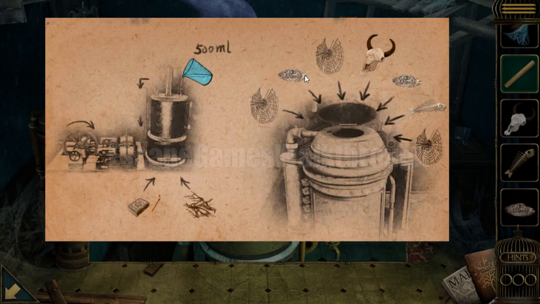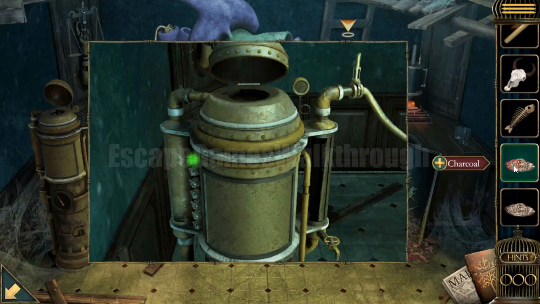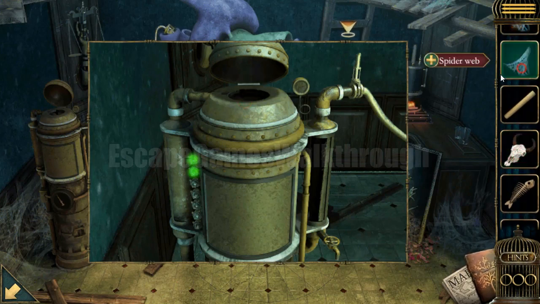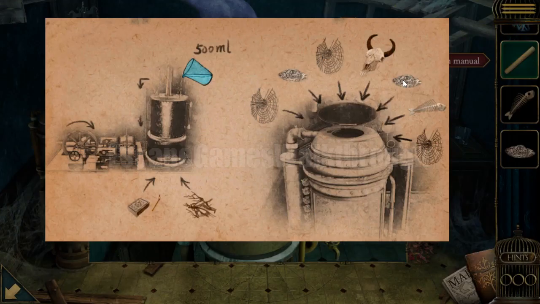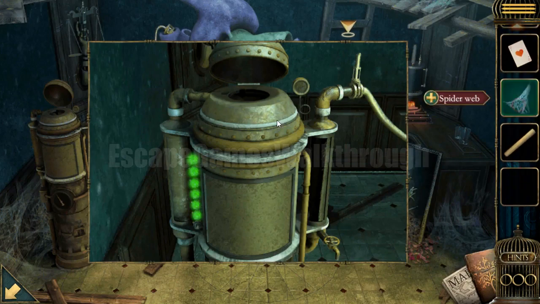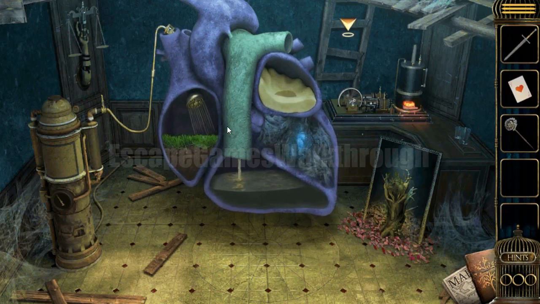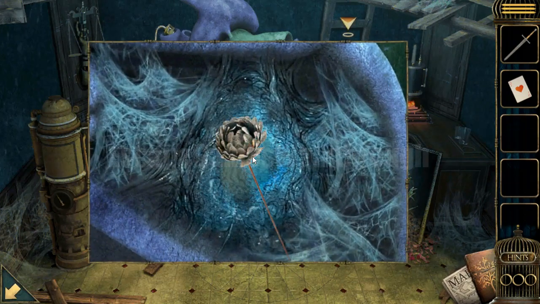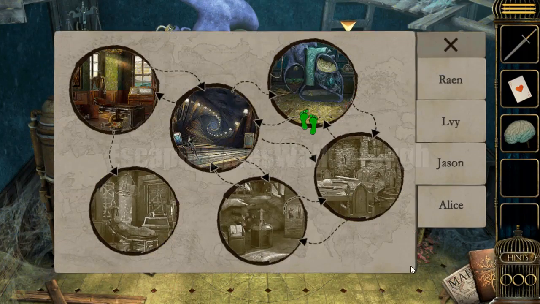So first go web, ash, web, skull, web, ash, web, cattle skull, then goes ash, fish and web, ash, fish and the web. So it made the flower grow, and this needle in the pin is used to cut the place here and get the brain. Now with the brain we can go to the mannequin